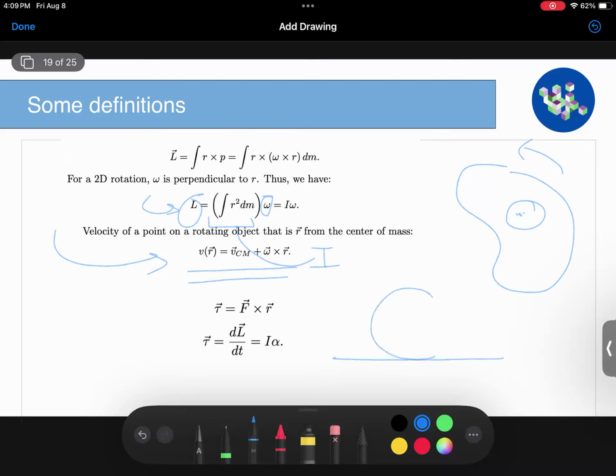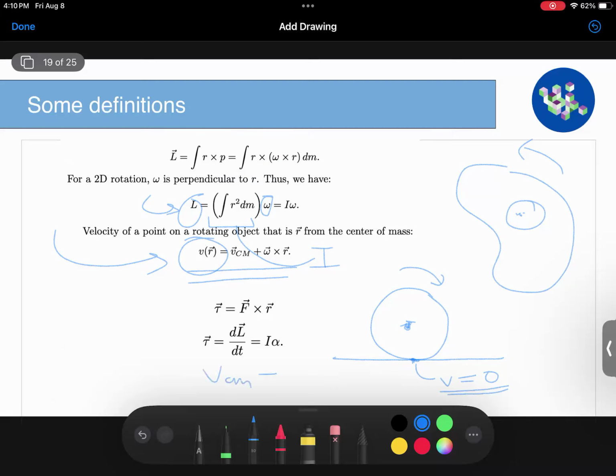we have a ball over here and it's rolling without slipping on the ground, right? And I want to find the center of mass velocity. Well, if it's rolling without slipping, the point in contact with the ground, instantaneously, should have velocity equal to zero. How would that work? Using this equation to find the velocity at that point,